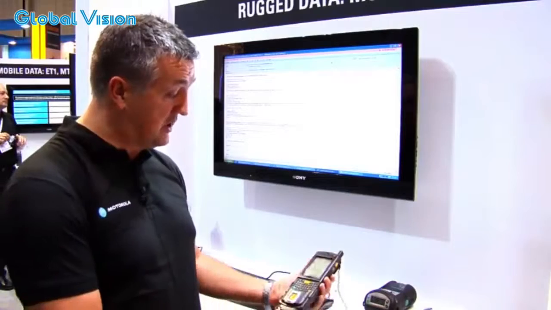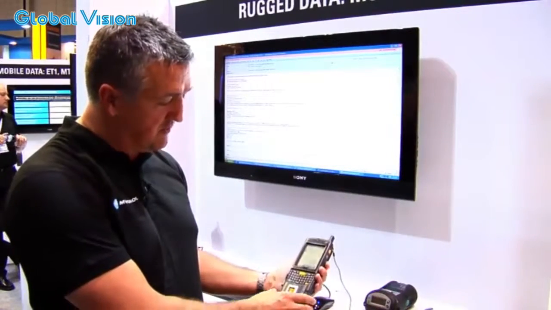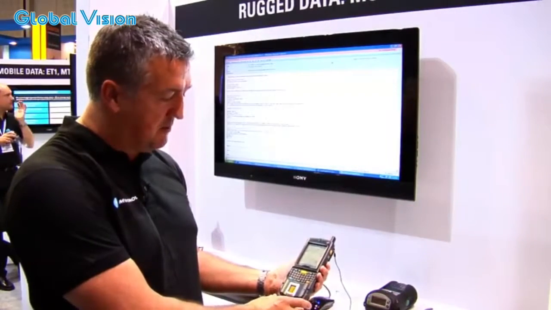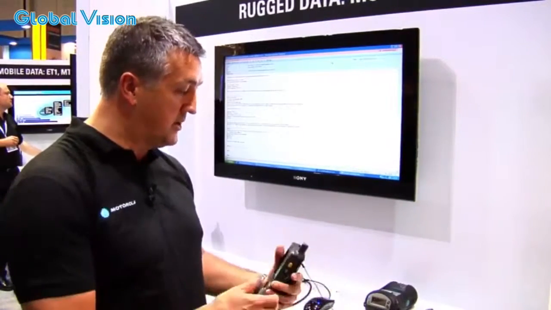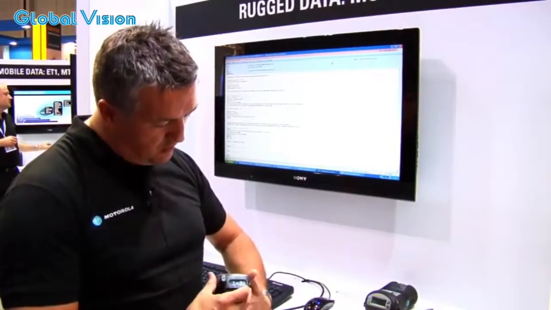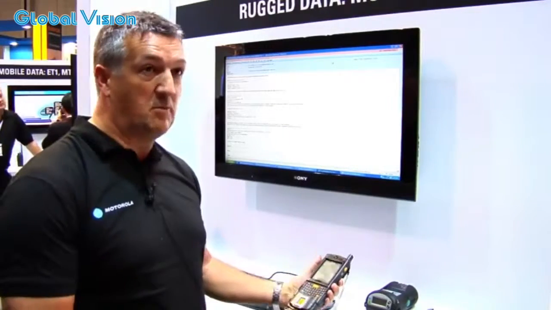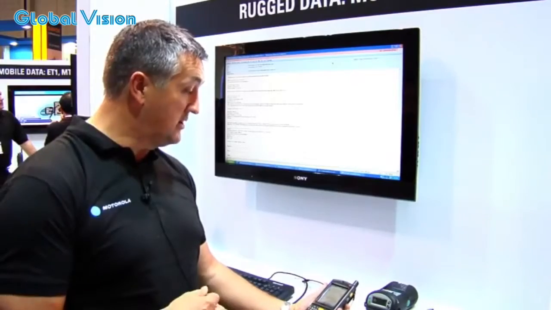It's just a very good device, and we have a bunch of other peripherals that could be added to it, such as a fingerprint scanner, and we also use the barcode scanner. We use it in our application to scan number plates, so we can do number plate recognition. So it's a very good